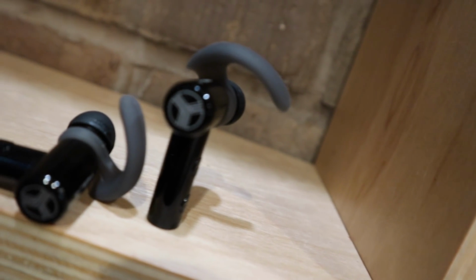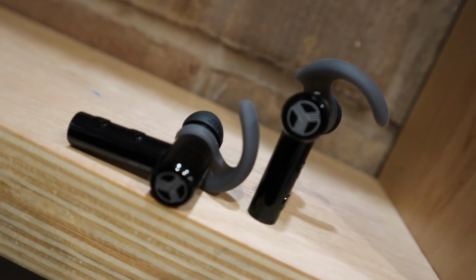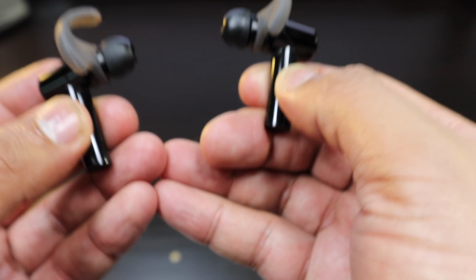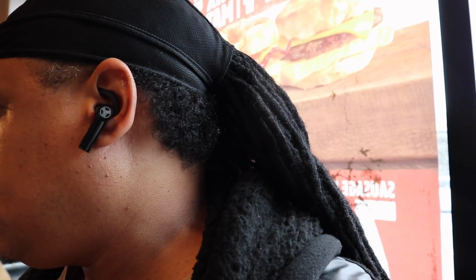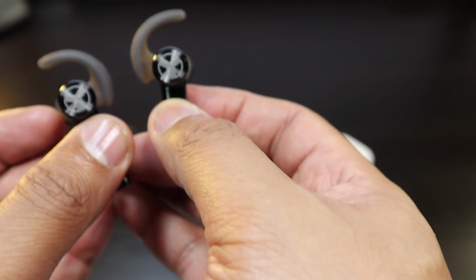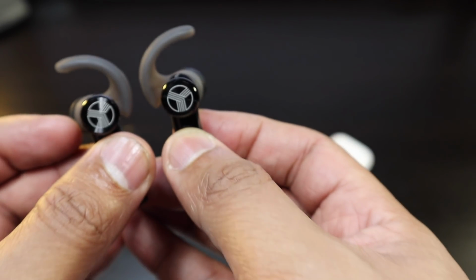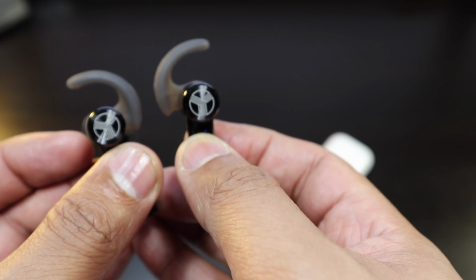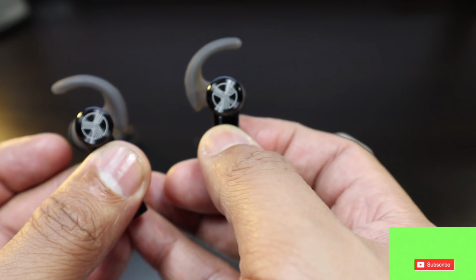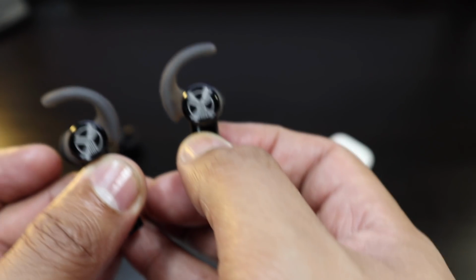First of all, you're going to get more volume from the Treblab X2. You're going to get a seal, which enhances the sound. So that's why a lot of people really like a seal, because it enhances the sound even more. You're getting a better, even more quality thump of bass than the AirPods. The mids are about the same, and you're getting that tweeter sound, more of a tweeter sound from the X2s